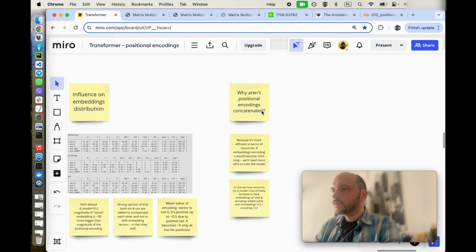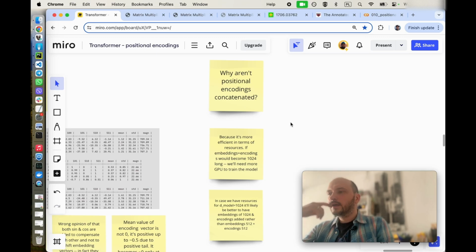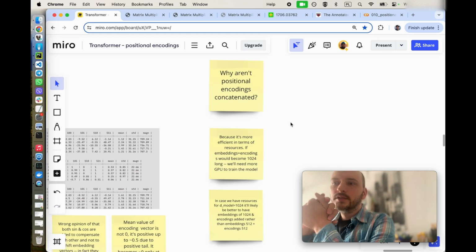Okay, and what more? Yeah, and there is a question: they add encodings to embeddings, but why don't they concatenate? And I've heard such an opinion that concatenation is for the rich who have access to lots of GPUs, but for the poor, a cheaper solution is to add vectors, to sum them up, so that positional information is added and the size of the model is not increased. But I think it's not correct,